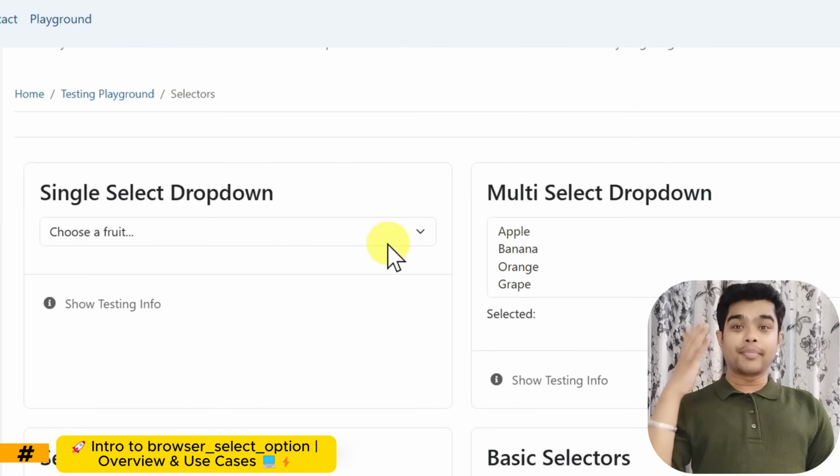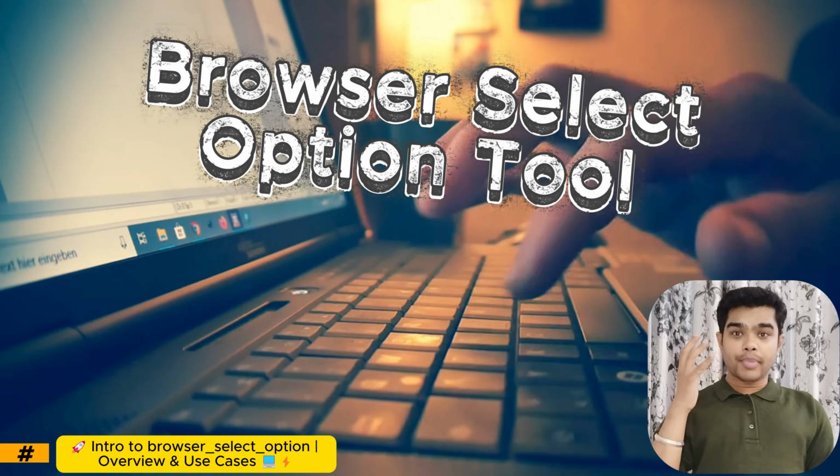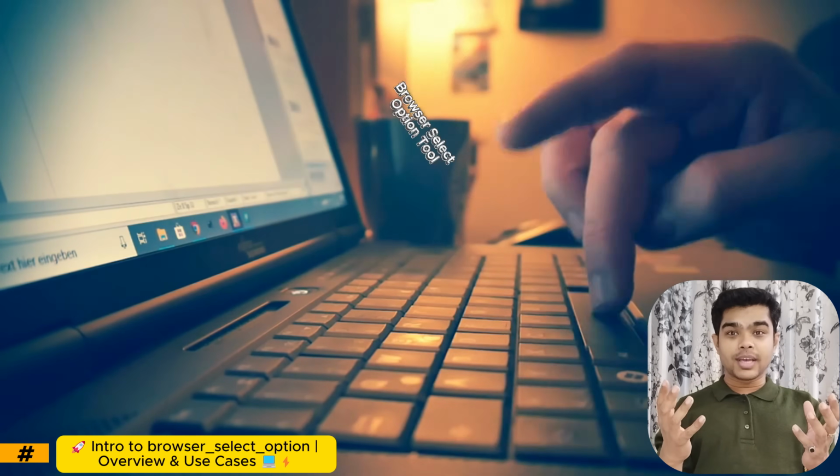Let's automate single and multi-select dropdown in just seconds using browser select option tool in Playwright MCP Server by just